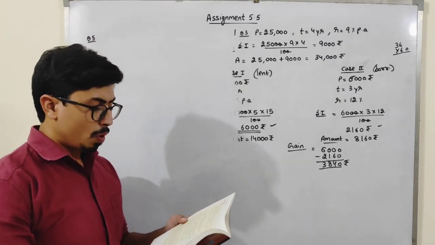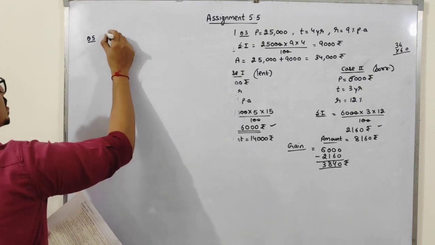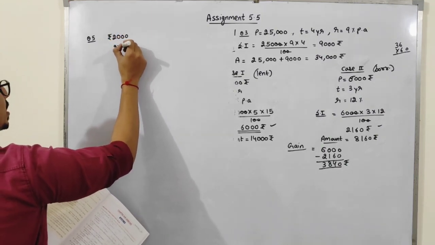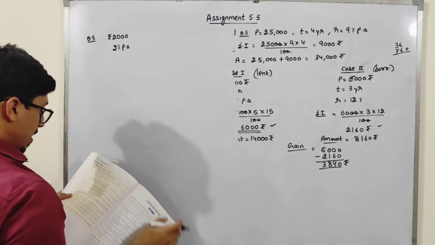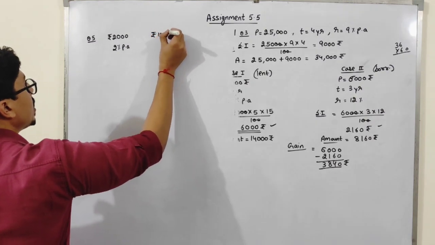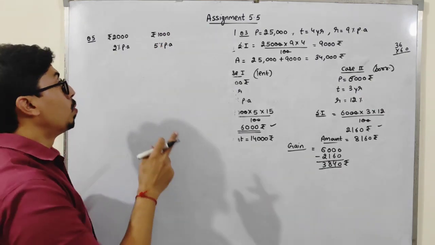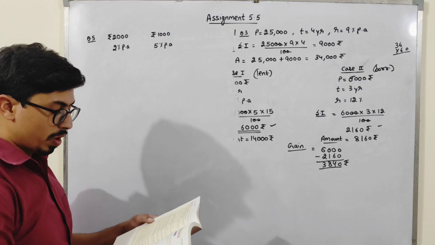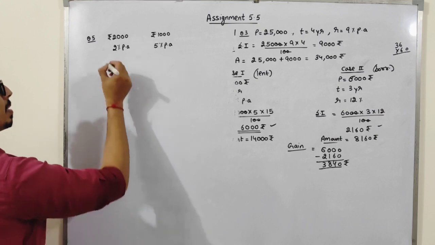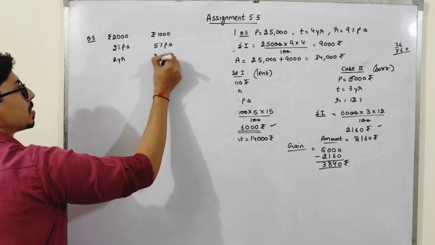see, Ravi borrowed 2,000 at 2% per annum. Okay, he borrowed rupees 2,000 at how much? 2% per annum rate. Okay, and rupees 1,000 at 5% per annum. He borrowed two different amounts at different rates. Okay, he cleared his debts after 2 years. That means he kept this money for 2 years, and he kept this money also for 2 years.